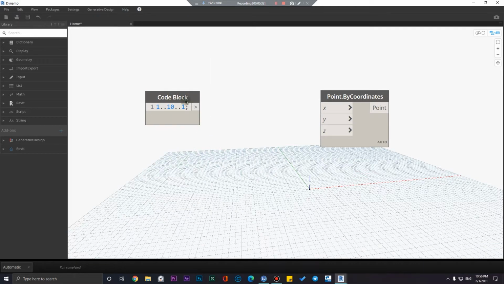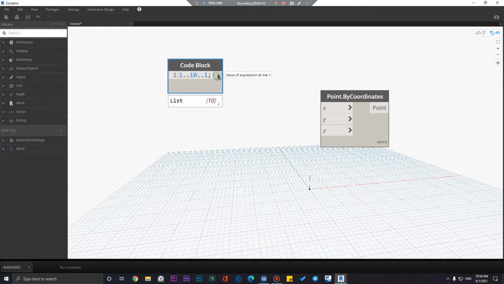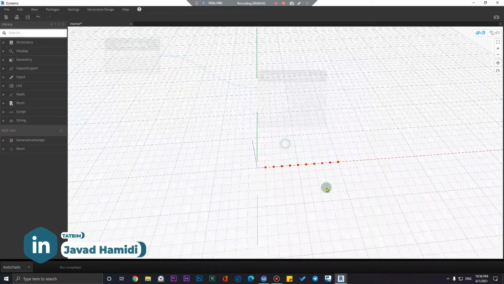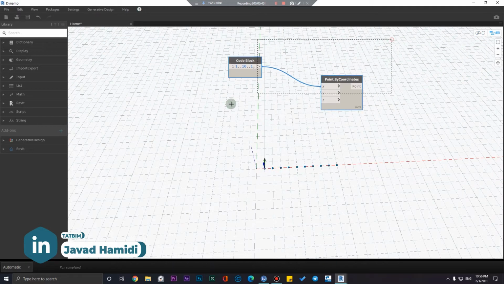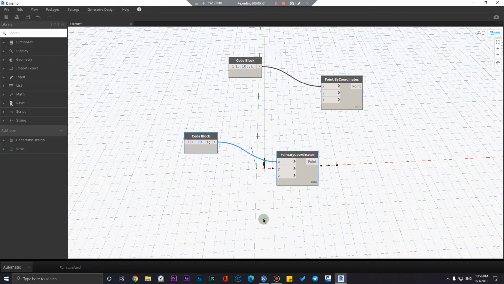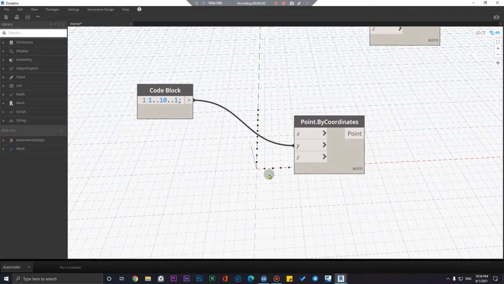Now we have 10 numbers here. I'm going to plug this in X, and we have 10 points here. I want to copy this, but this time I will put it in Y, like this.